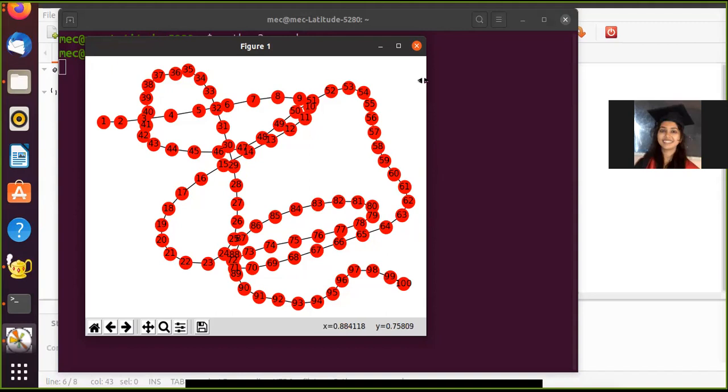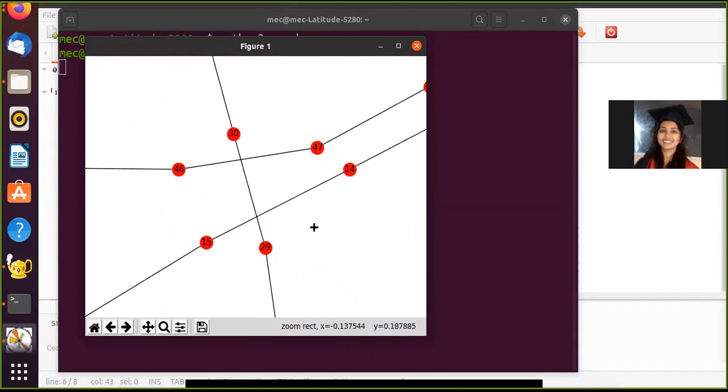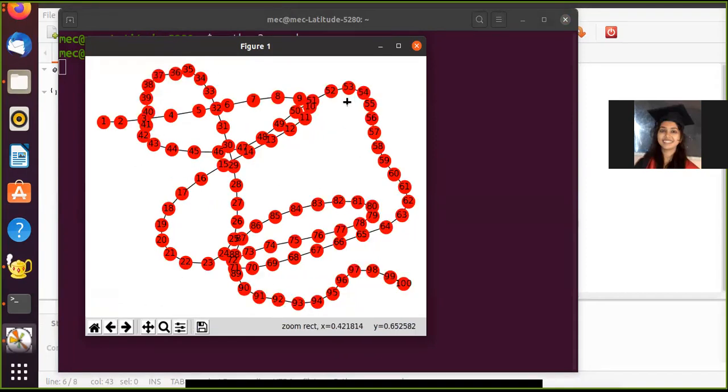Okay, now you can also try different kinds of layouts here. This one you see is a random layout, so nodes can be placed anywhere in this entire portion. Let's say you want to see a particular portion, as an example, look here. You might have a confusion: is this 46 node somehow connected to this 30 node? You can just select this portion, zoom in, and you can see that there are no connections except for the consecutive nodes. We can just go back from here.